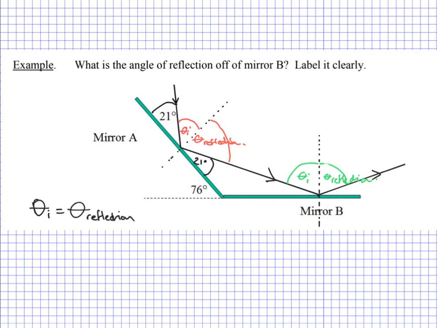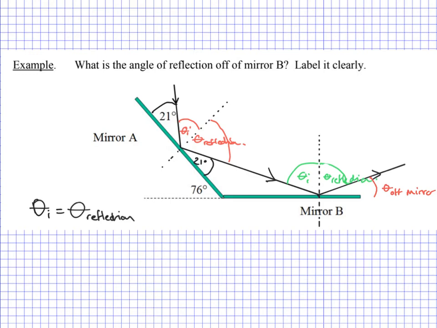Okay, so what have I got? I've got 21 degrees in here. I don't know this angle or this angle, but if I did, I could then figure out the reflection off the mirror. Notice it says an angle of reflection off the mirror. I think that means that we need to know this angle here. This is the angle off the mirror. Of course, I know that triangles have an internal total angle of 180. If I add up all of the angles inside of a triangle, no matter what the shape of the triangle, I should get